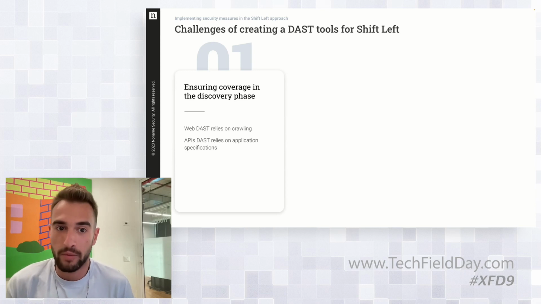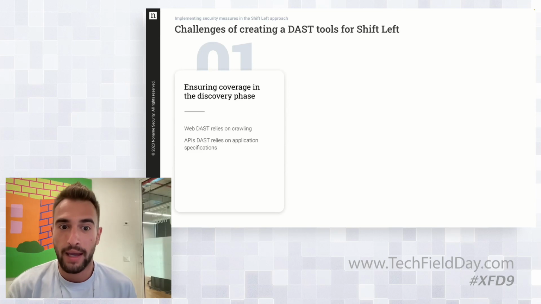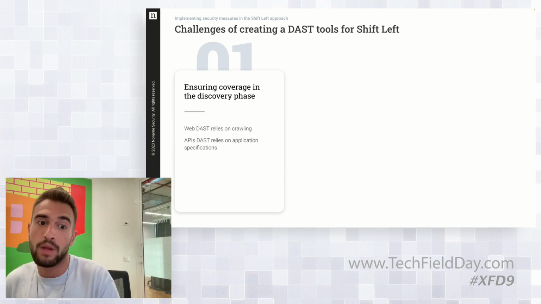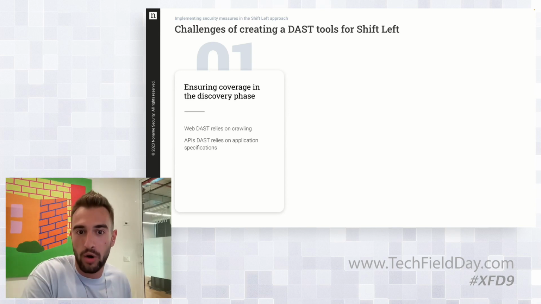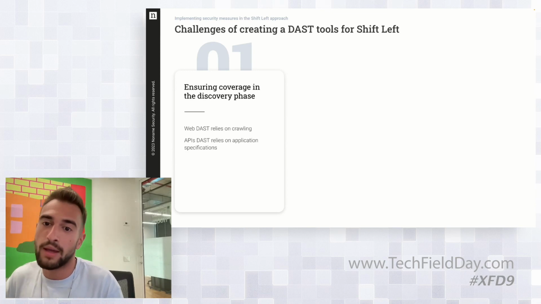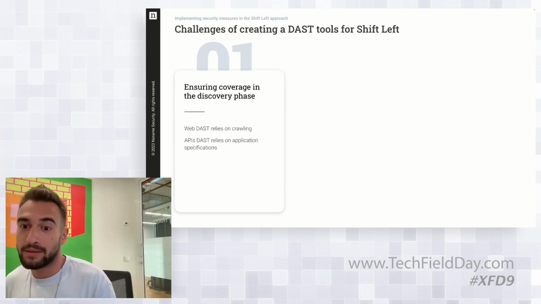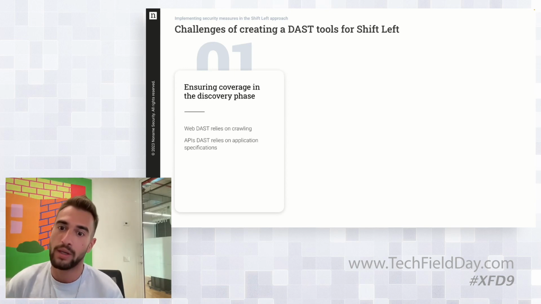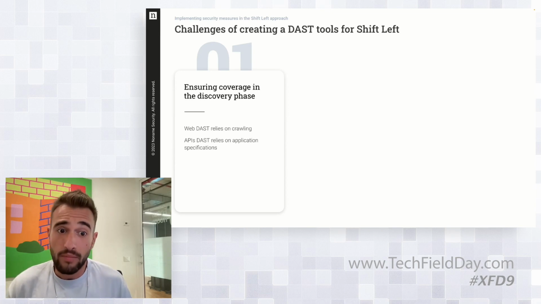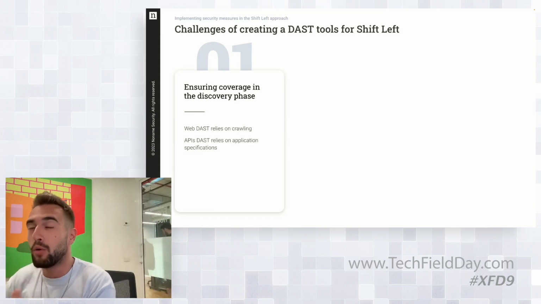Web DAST platforms, if we investigate, for example, ZAP proxy, which everybody loves, rely on crawling to ensure every possible page is tested, right? This is, of course, suboptimal because the crawling process does not necessarily fully cover the web application. You cannot guarantee that you met every page and tested it, especially when you integrate this kind of tool in Shift Left. It should be completely automatic. And at least most web DAST tools show us the tree of assets detected,